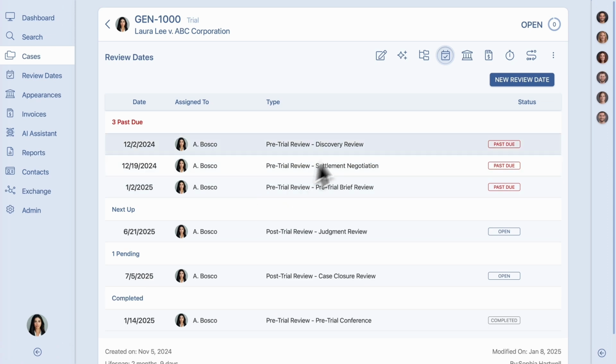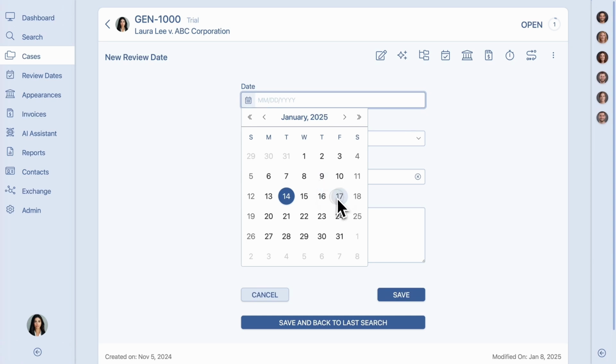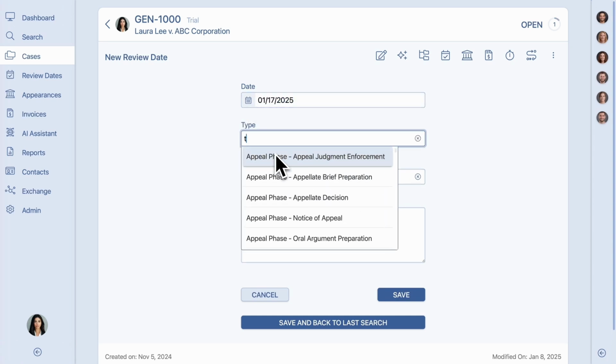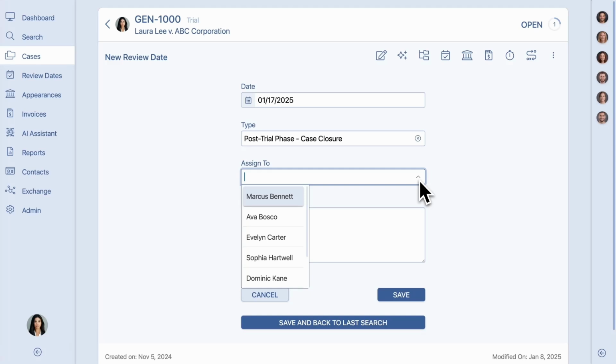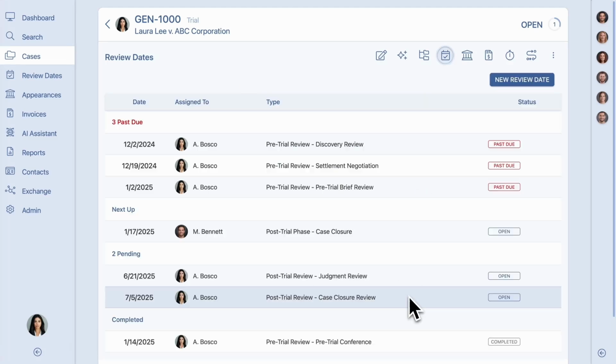To create a new review date, simply click the New Review Date button. From there, enter the date, type, and the assignee for the task. By default, your account will be listed in the Assign To field, but you can easily reassign it to another account if needed. Once you've filled out the details, click Save, and you're ready to move on to the next